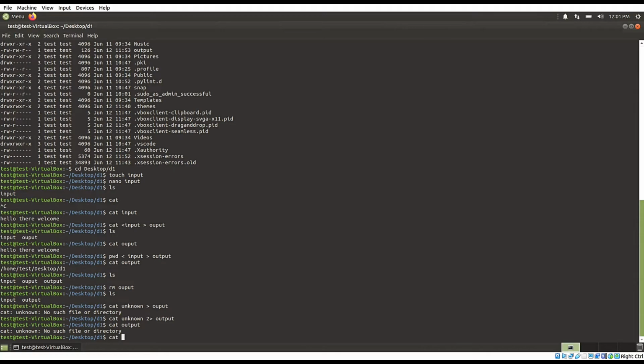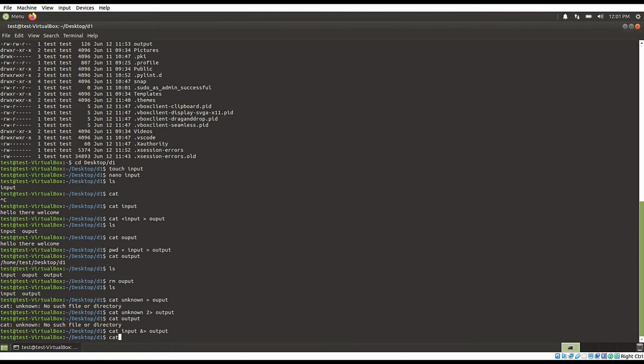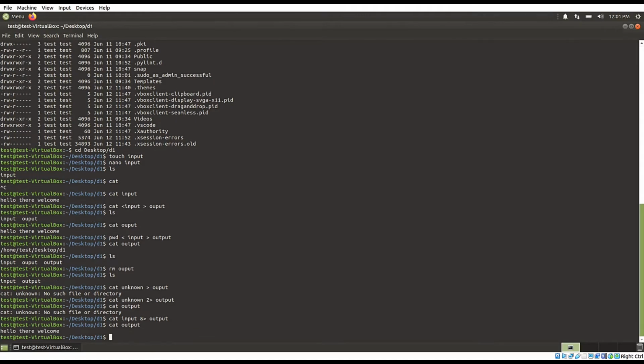We have the input file, so cat input, and we will use ampersand and then the redirect symbol, and then redirect it to the output file. If we check cat output, it shows it has redirected the contents.